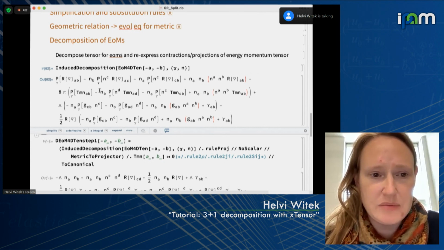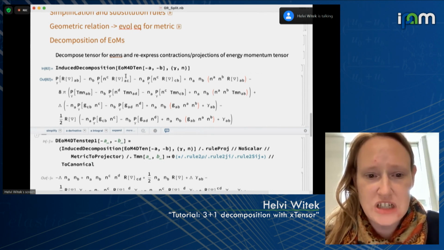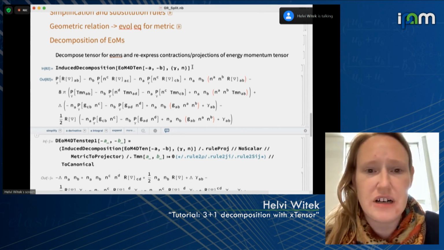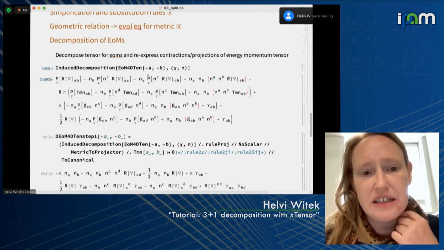Then we have this mixed projection here, one index contracted with a normal, the other one projected with our projection operator. Now, I'm not a big fan of this notation,